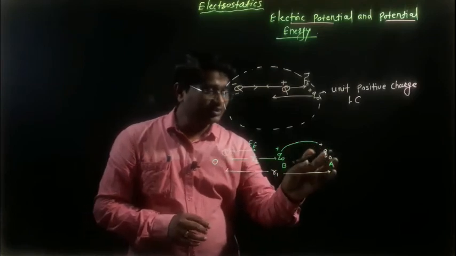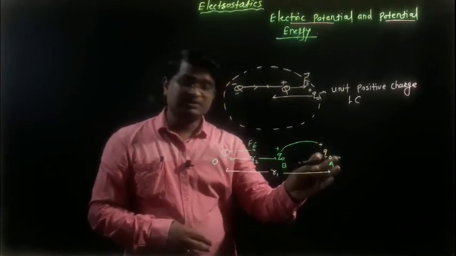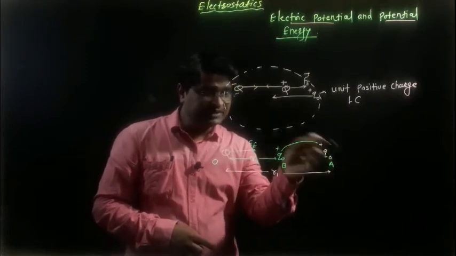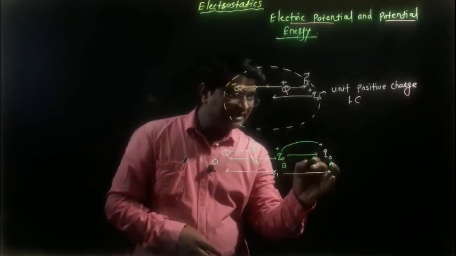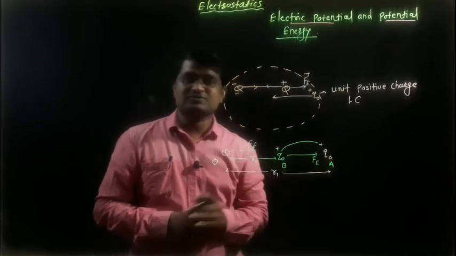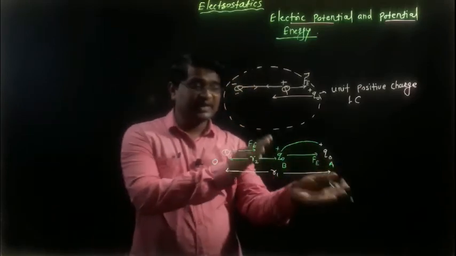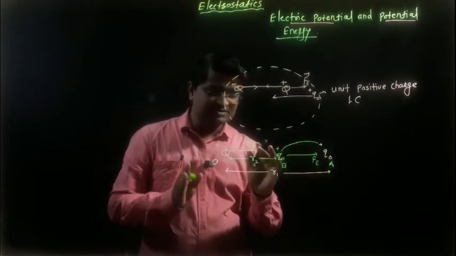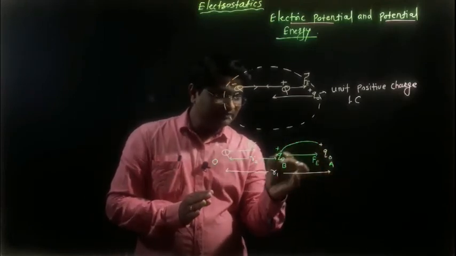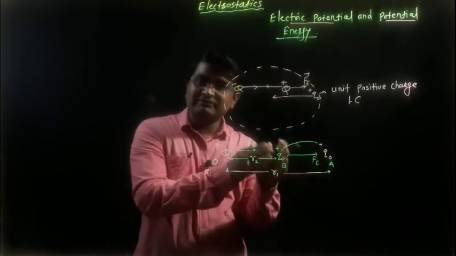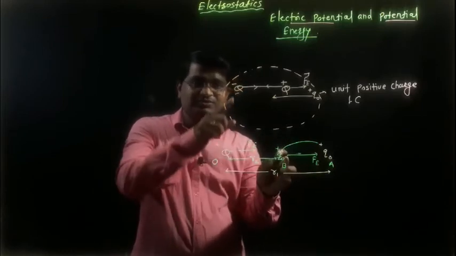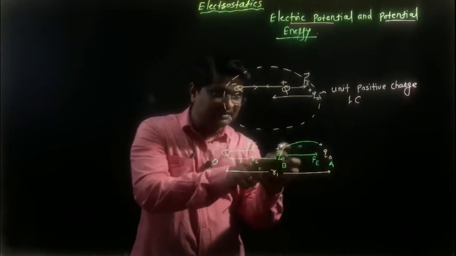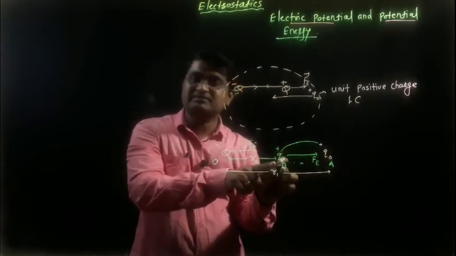It means simply the Q naught unit positive charge will displace from R1 to R2, and when it displaces, it performs exactly opposite work to the electrostatic force. So just imagine this Q naught reaches here. When Q naught reaches here, through the negative charge in the given system it will be attracted and reaches the final position B.